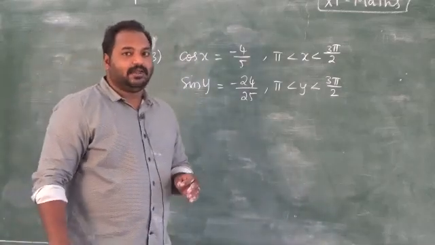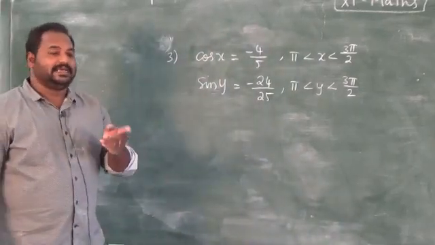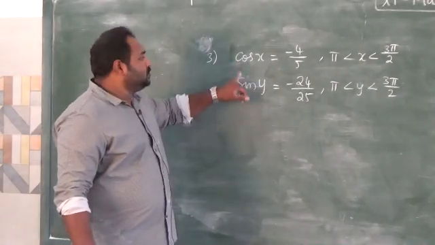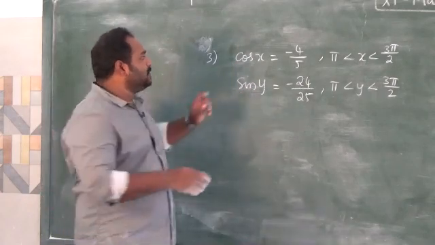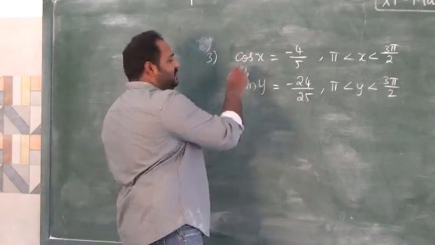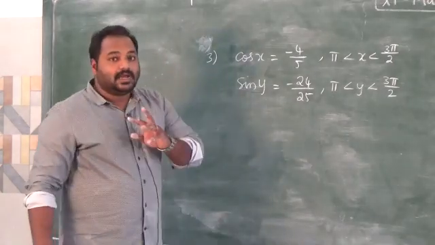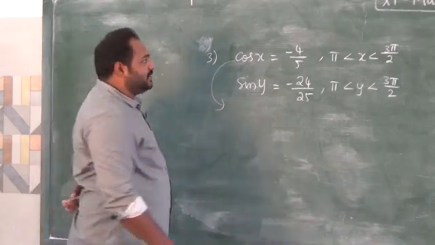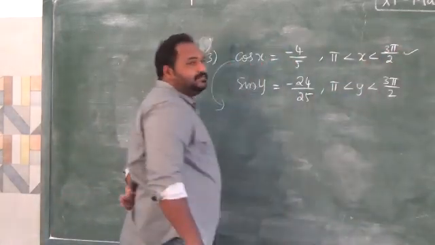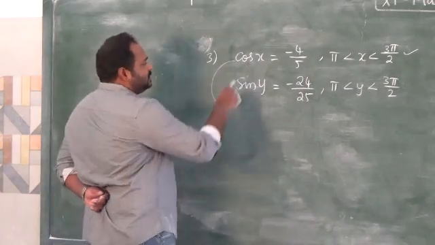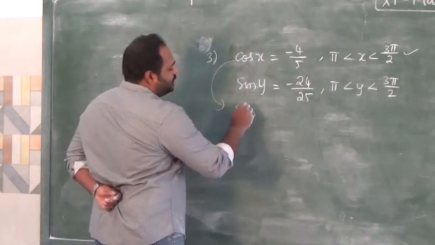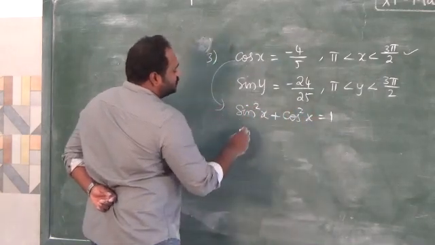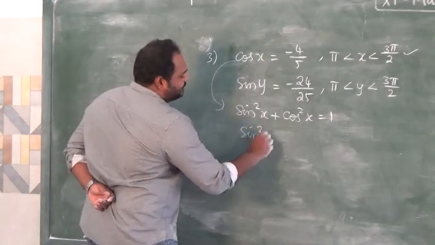The cos x minus y formula is cos x cos y plus sin x sin y. Here we have been given only cos x and sin y. So using these two values I am going to find out the sin x value and the cos y value. This is also the same as the previous problems, but here we have a different quadrant. So let me check the answer here. Using the formula, I know that sin square x plus cos square x equals 1. So using this formula we can find out the sin value.